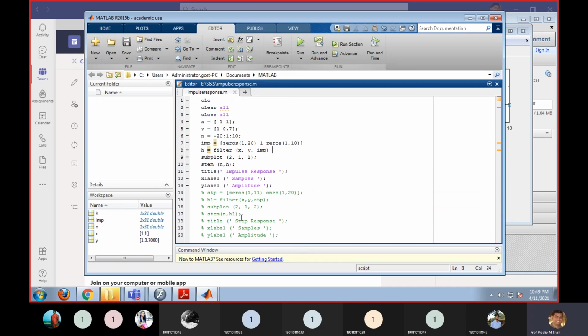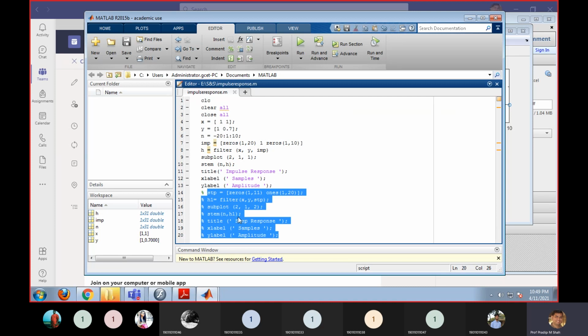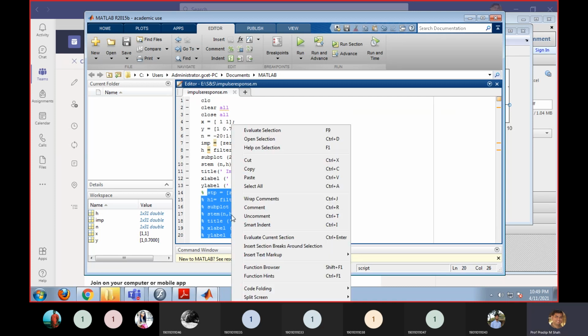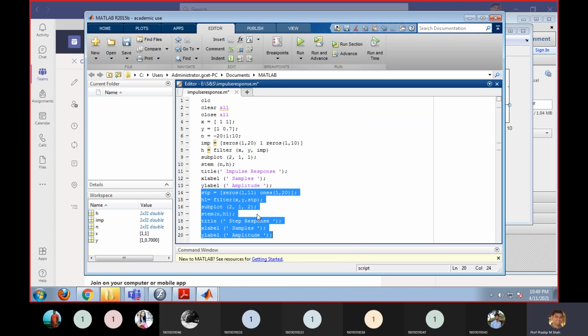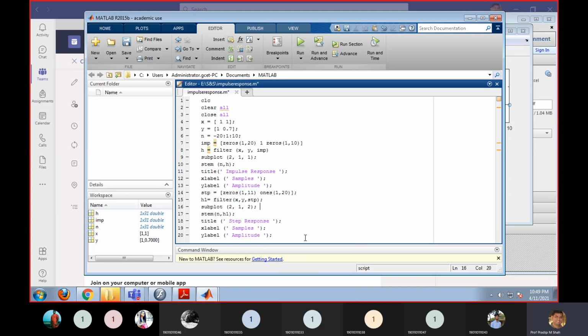So this green one is the program for a step response. Now let me explain. First uncomment: you can select it and uncomment, so the whole portion will be uncommented.